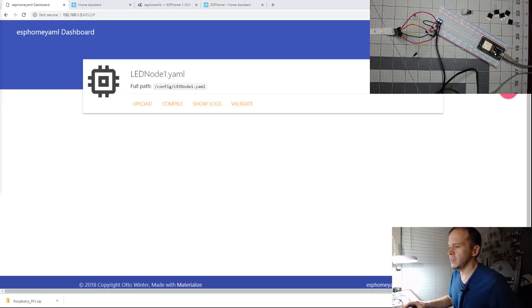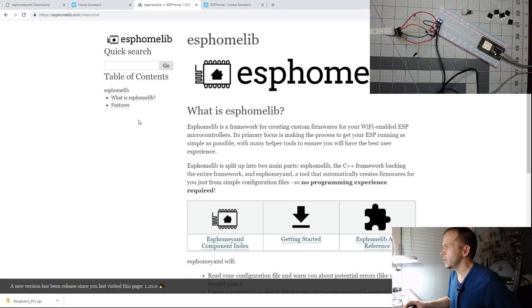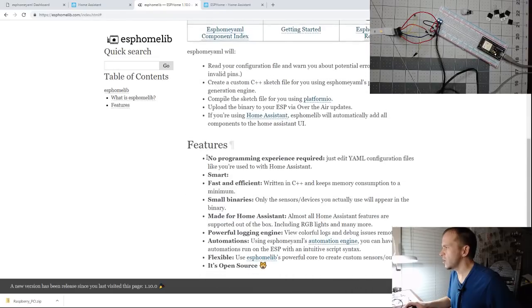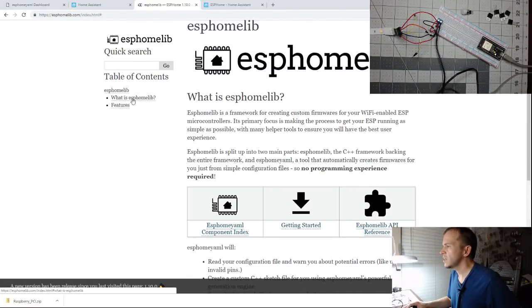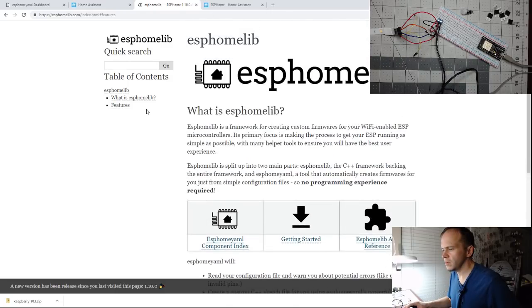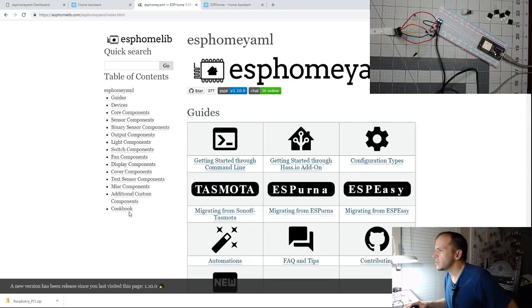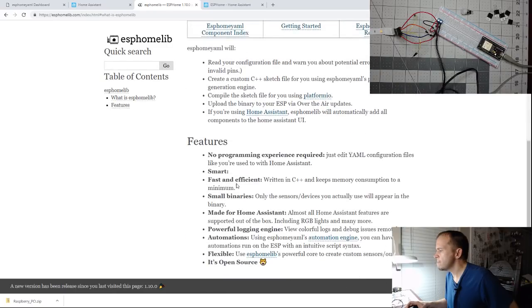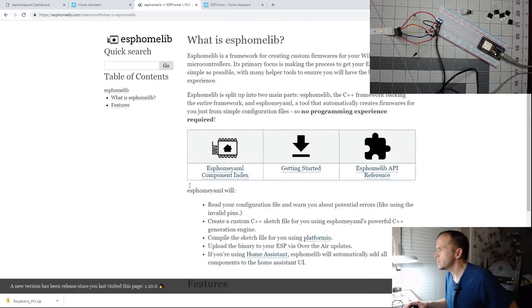I guess the proper name now is ESPHome. I think that is what they're switching the name to, and I was reading about it on their page. I think it was in the change log, I believe. I don't know if I can find the change log, but I was digging through, looking at all the different components. Let's see if I can find the change log.